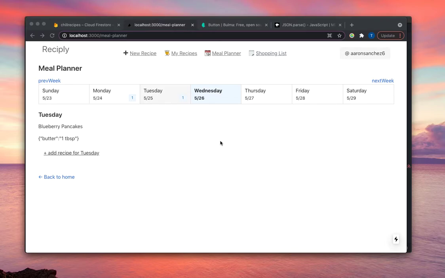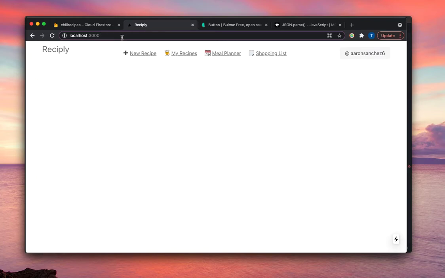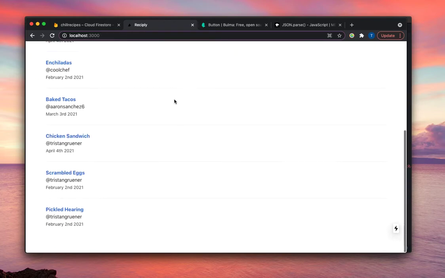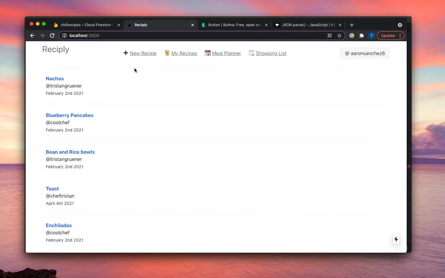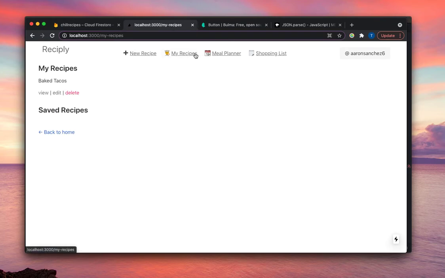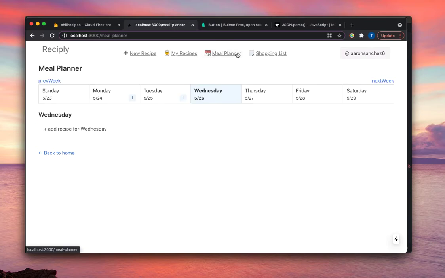In the last one, I just introduced the basics of this project. My app, Recipe People, lets you post your recipes, and I was working on the meal planner section, and I've made a bit of progress. Now you can actually add